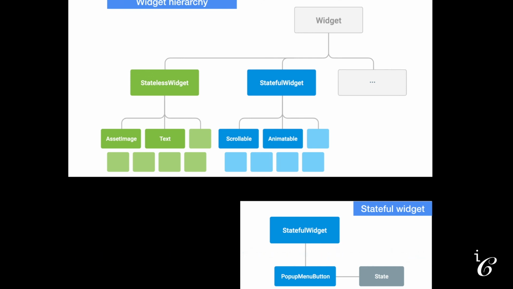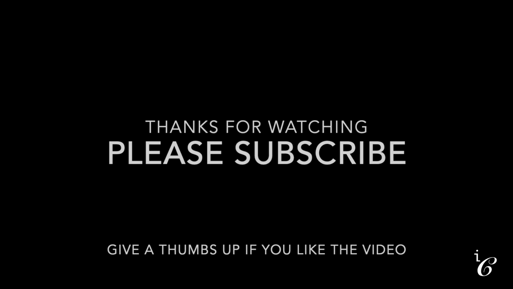An icon button or flat button can be considered a stateless widget, where the button doesn't change its configuration and description once it is created. On the other hand, a slider widget can be considered an example of a stateful widget, which changes the state and description of the widget when the slider value is changed. I believe this gives some insight into widgets and their working and the different types of widgets in Flutter.